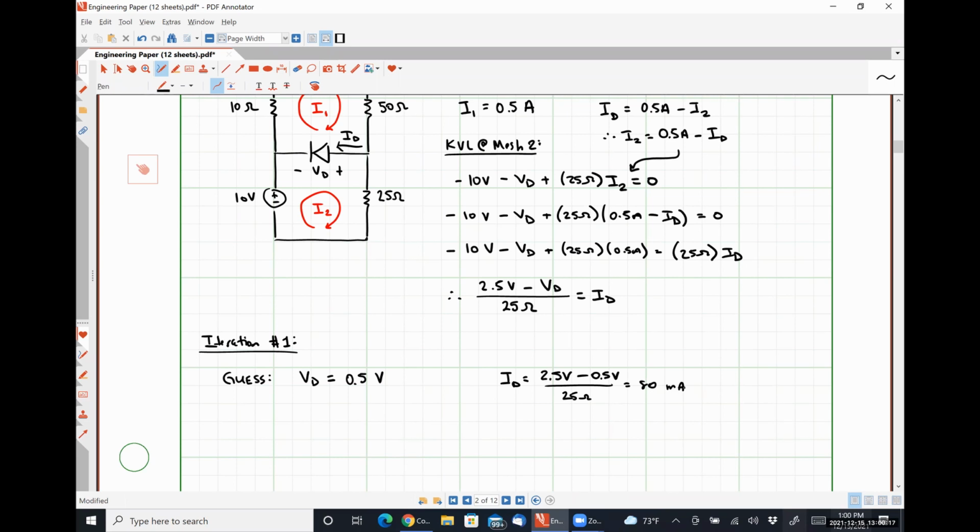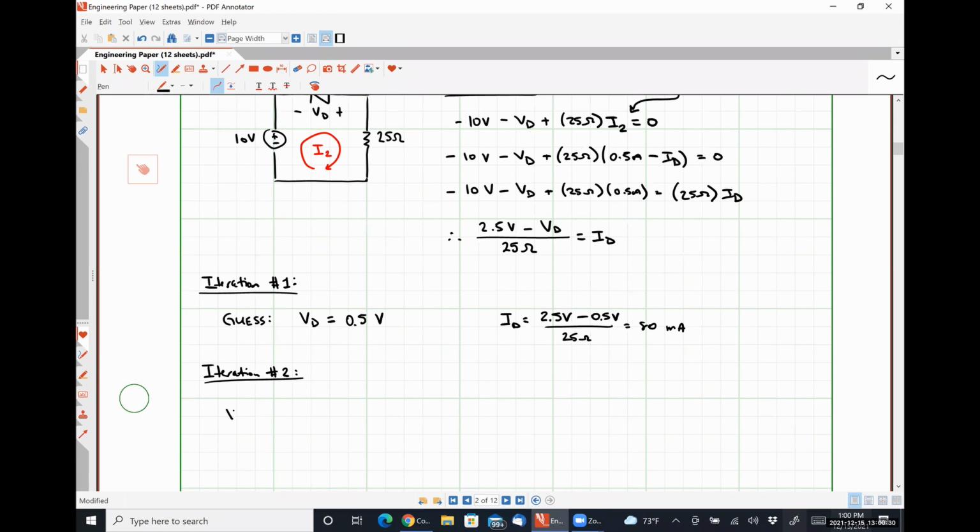And for iteration number 2, what we would do is say our diode voltage VD is 26 millivolts, our thermal voltage, times the natural log of ID, which is 80 milliamps,